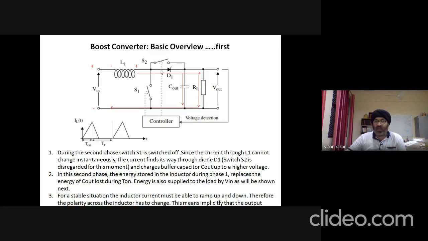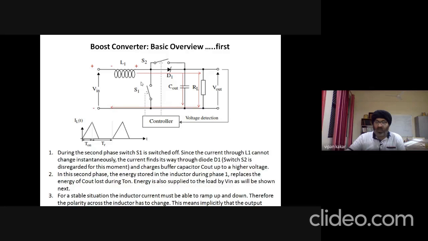But it takes some time, finite time, as per the property of the inductor. And now this flow of current due to the forward bias of this diode D1 charges this buffer capacitor, which got discharged during the first phase, as we saw in the previous slide,